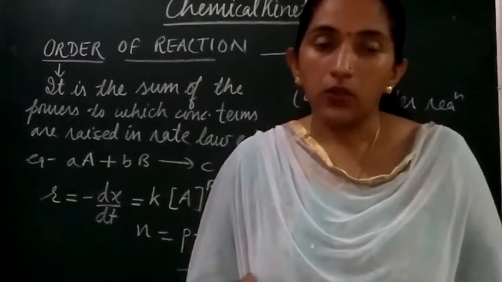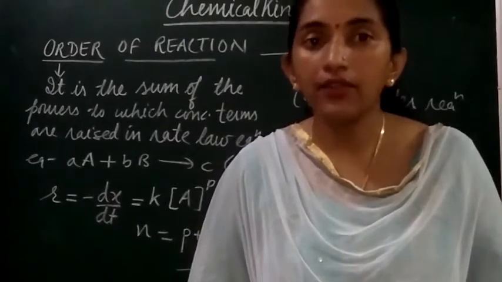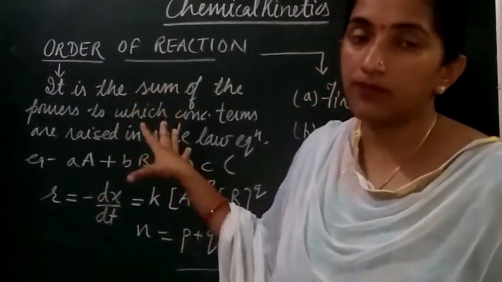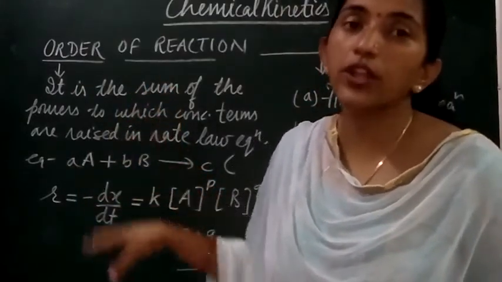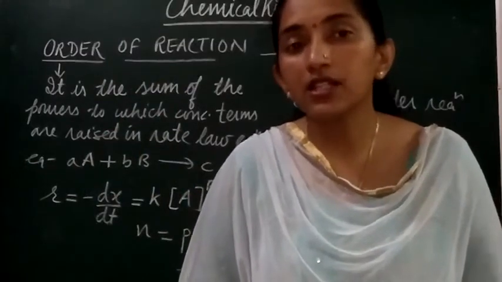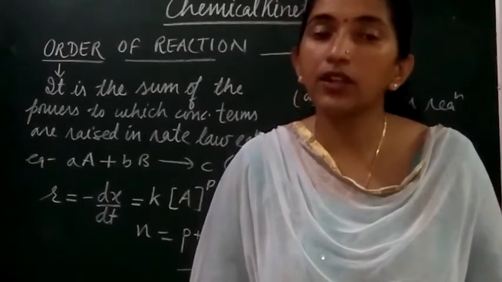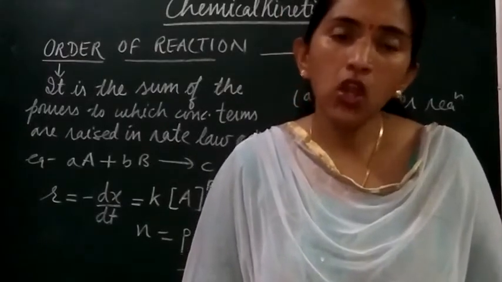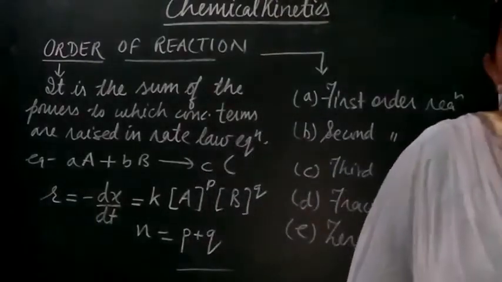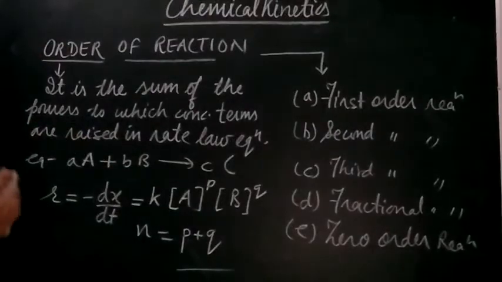In the next part, first we will cover the units of the rate constant, which the order is going to decide. This is the significance of the order of the reaction also, that it helps us to find out the unit of the rate constant, right? And after that we will discuss the examples of the types of the order of the reactions, right? So first let us find out the unit of the rate constants, which is going to depend upon the order of reaction.